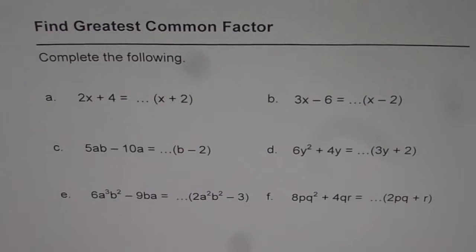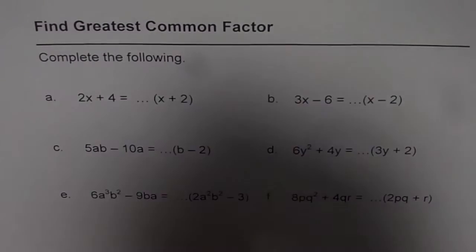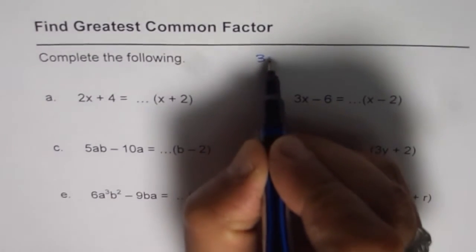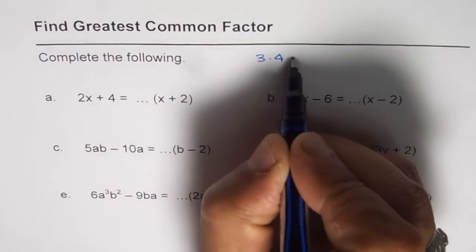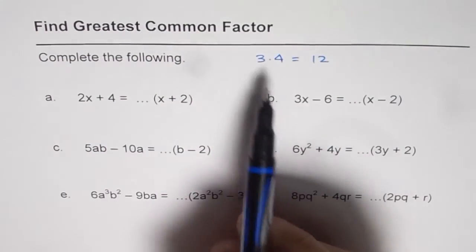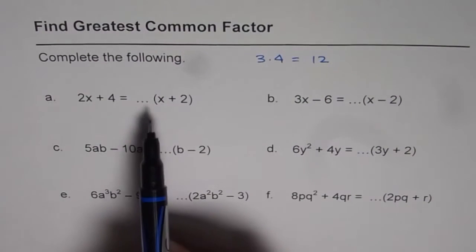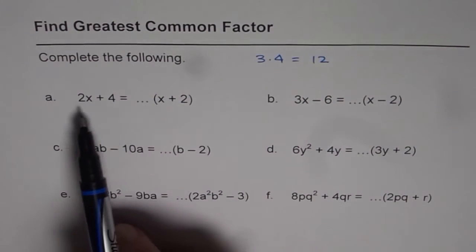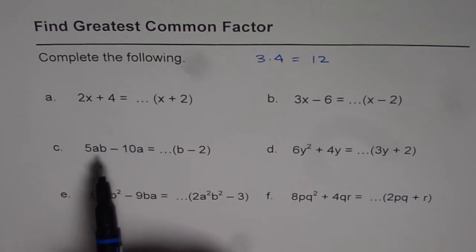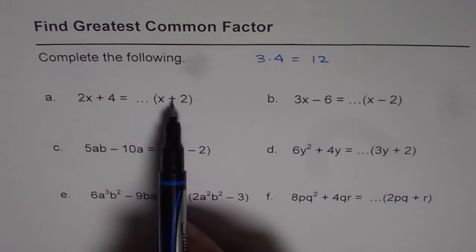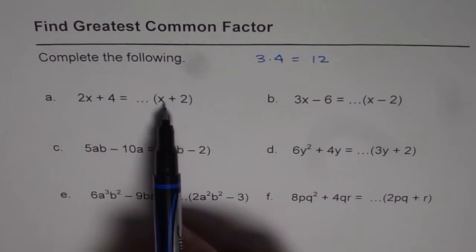To give you an idea, if you do 3 times 4 is 12, then 3 and 4 are factors of 12, correct? So you could actually write 3 times 4 equals 12. So whenever you multiply two numbers, we call them factors. So that's the concept. So here we are writing addition or subtraction as a product of two polynomials, and